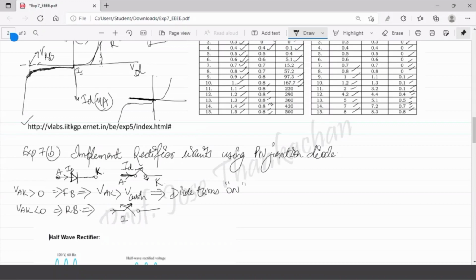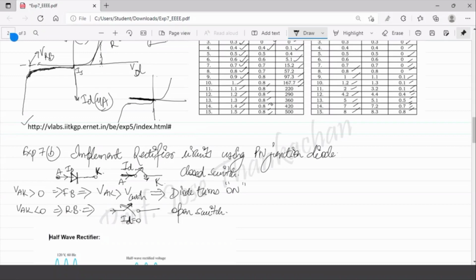You can say that the flow of current ID is equal to 0. The forward direction current is 0. So what can we say by this property of diode? We can comment here that whenever the diode is in the forward bias condition, it is behaving as a closed switch, allowing the current to flow from anode to cathode, and whenever it is in the reverse bias condition, the current flow from anode to cathode becomes 0 and the diode becomes an open circuit, an open switch. This is an open switch. This is a closed switch.